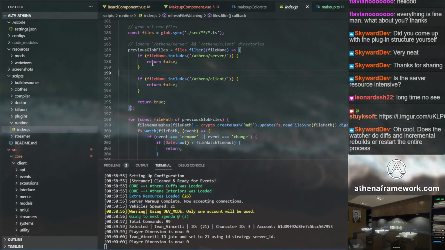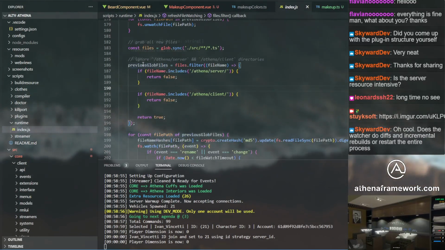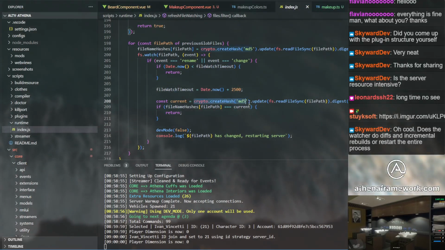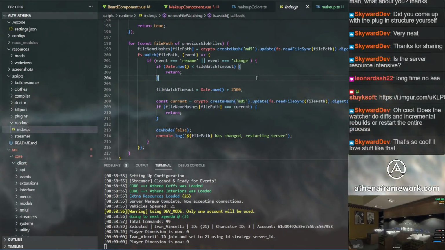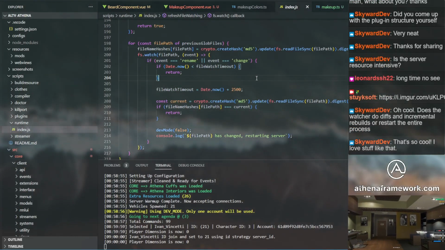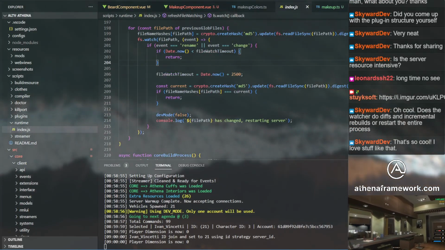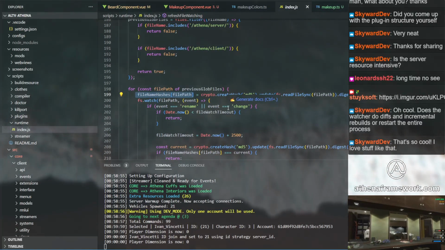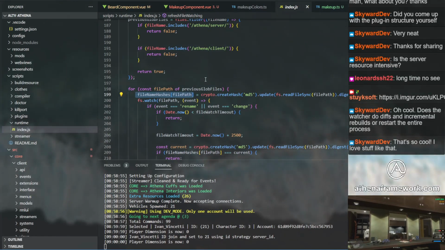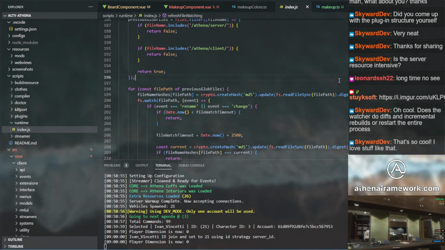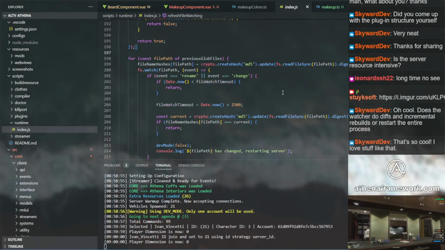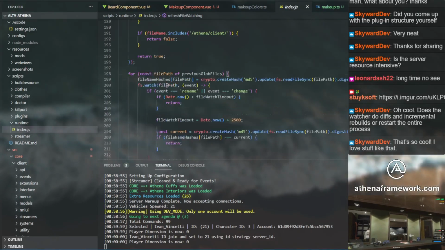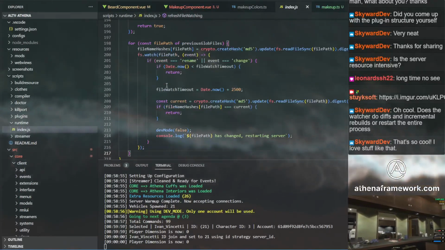Once it finds those TypeScript changes, what it's doing is creating a hash, an MD5 of the file. So it's reading the file's content. It stores it in an object, yeah. So it's creating an object hash, or an MD5 hash, of the content inside of it. And then it compares it every so often. I think there's a tick in here somewhere. I can't remember, but